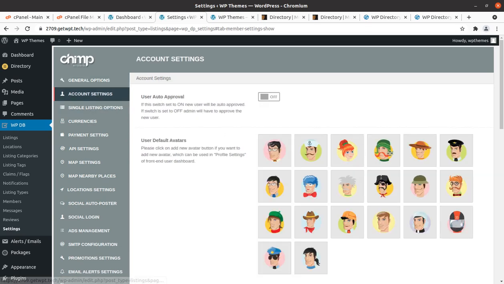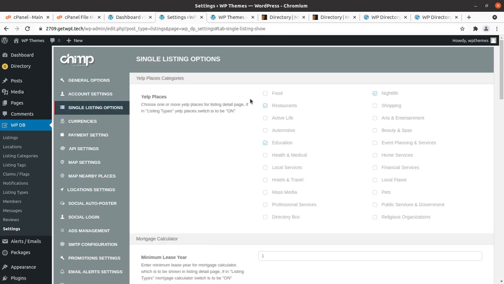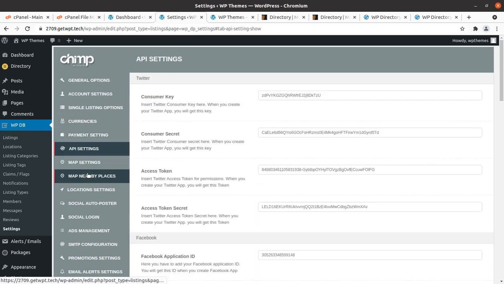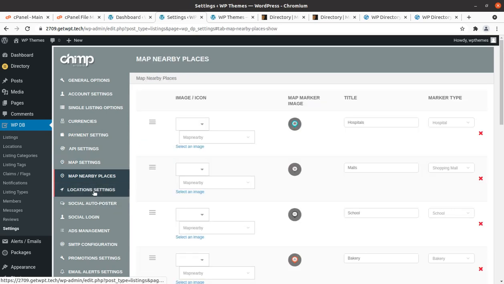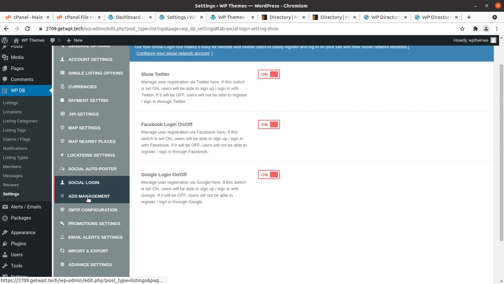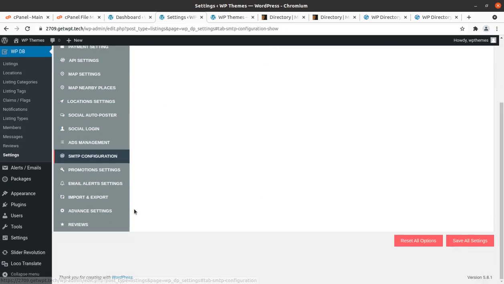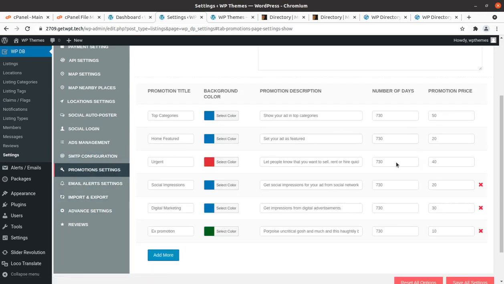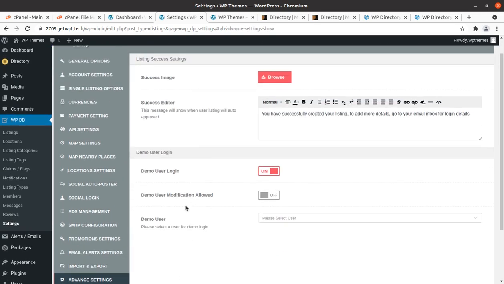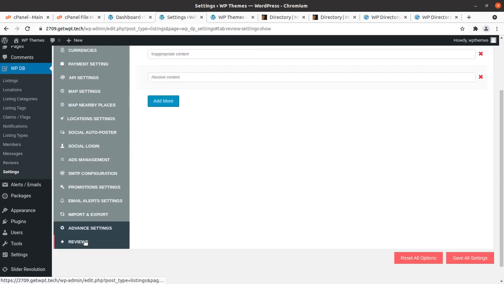Account setting, single listing options, so yes, this is Yelp places and single listing options. Currencies, so you can decide the currency, payment setting, API setting, map setting, map nearby places, location settings, social auto poster, social login, ads management, SMTP configuration, this is also important, promotion setting, email alert setting, import export, advanced settings, and reviews.